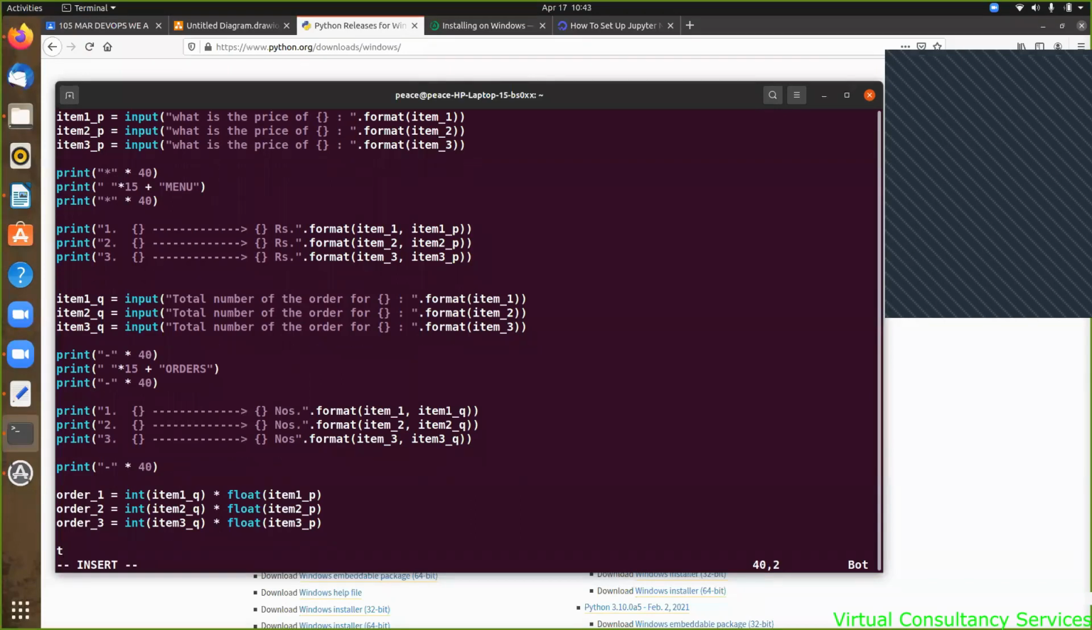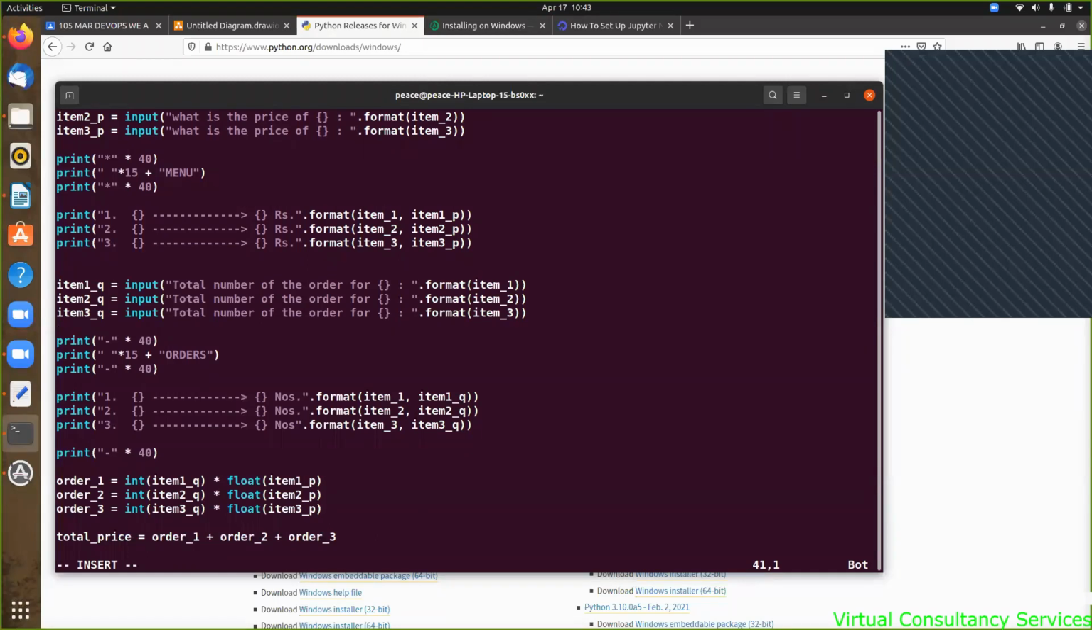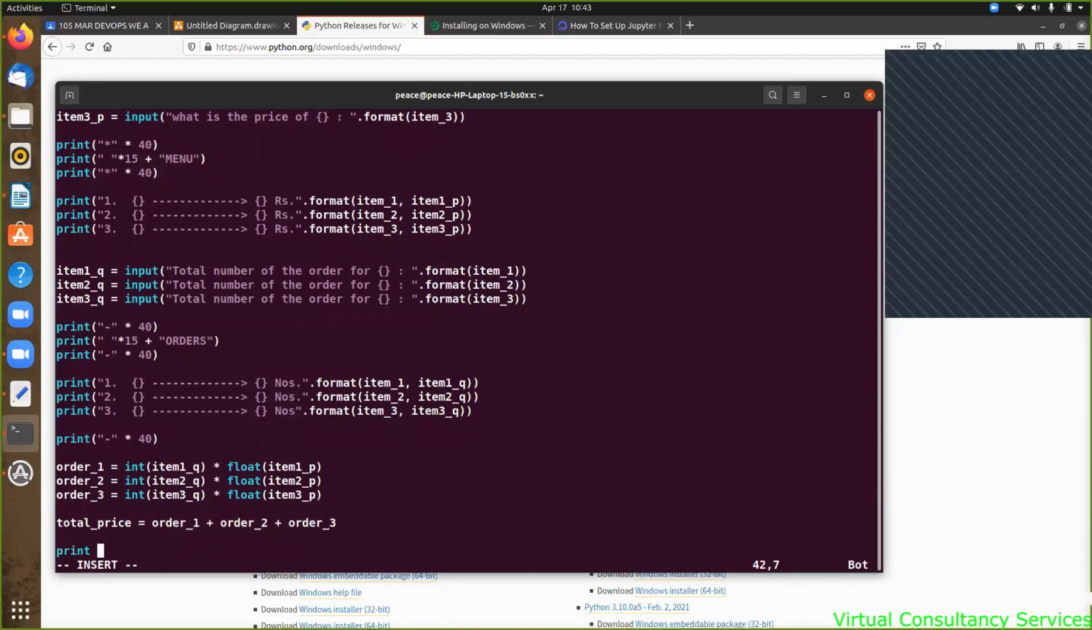तो मैं यहाँ पे एक वेरिएबल बना लूंगा, total_price इक्वल टू order_1 plus order_2 plus order_3. Perfect. Okay. Now again this dash is there, so my actual print statement will come here, print total bill,